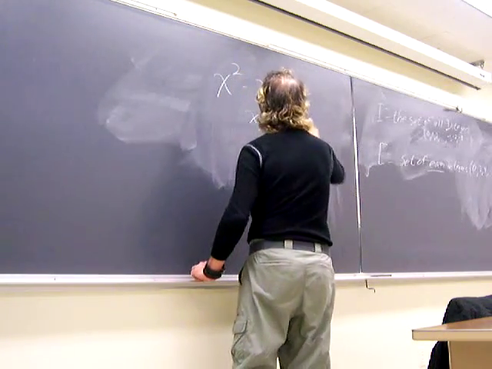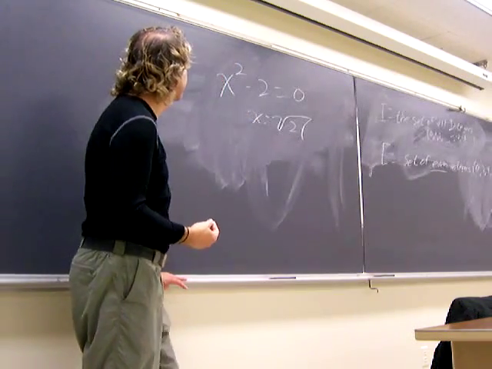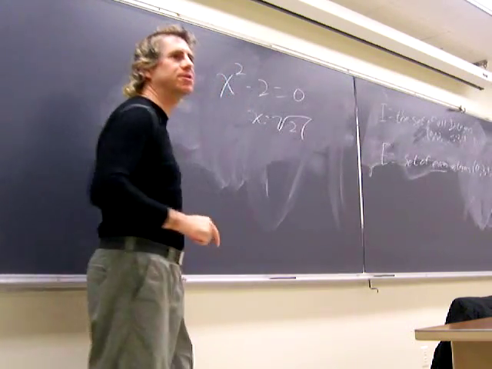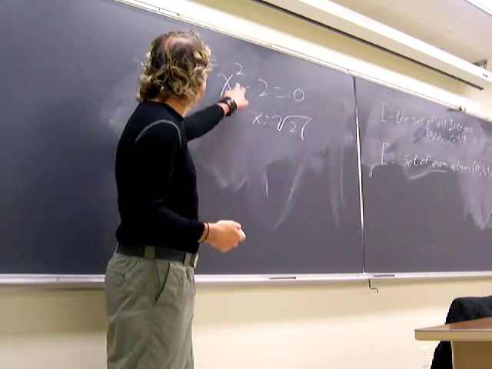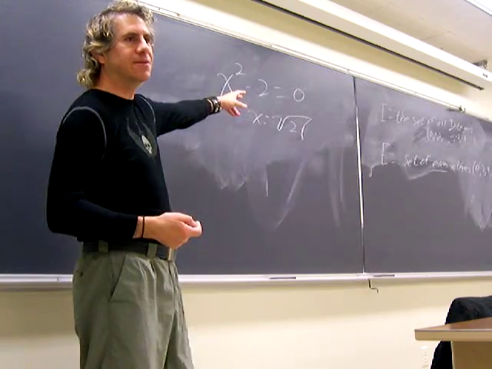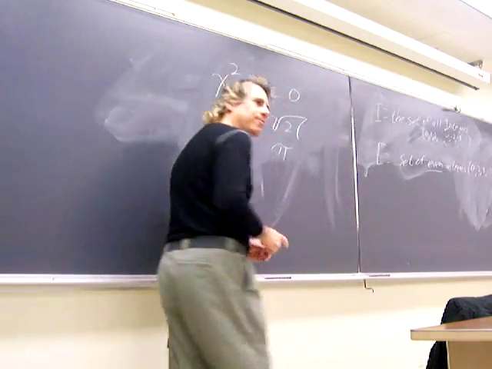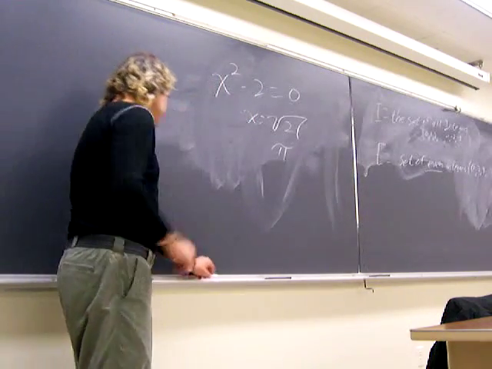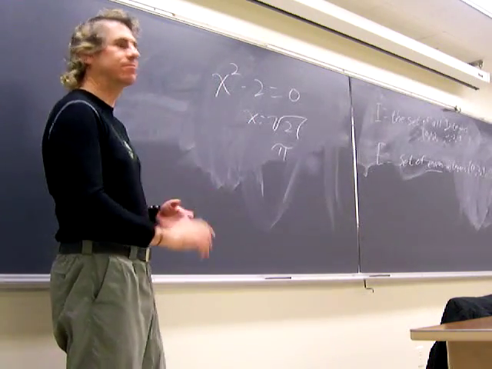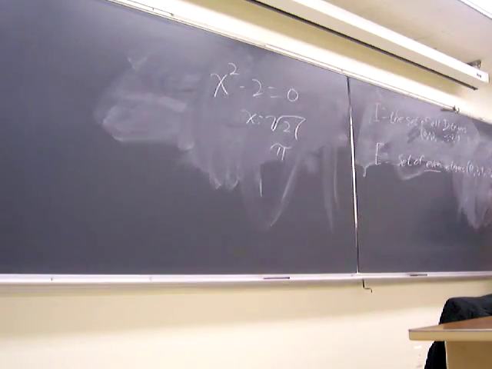Well, it's just this thing that we call the square root of 2. Okay, that's a definition of the square root of 2, if you like. It's the thing that makes this equation true. There's numbers where you can't define it as a solution of an algebraic equation. Okay, they're not algebraic numbers, they're called transcendental numbers such as pi. You can't find an equation in polynomials that has pi as its solution. So there's a lot more numbers than just rationals and integers.